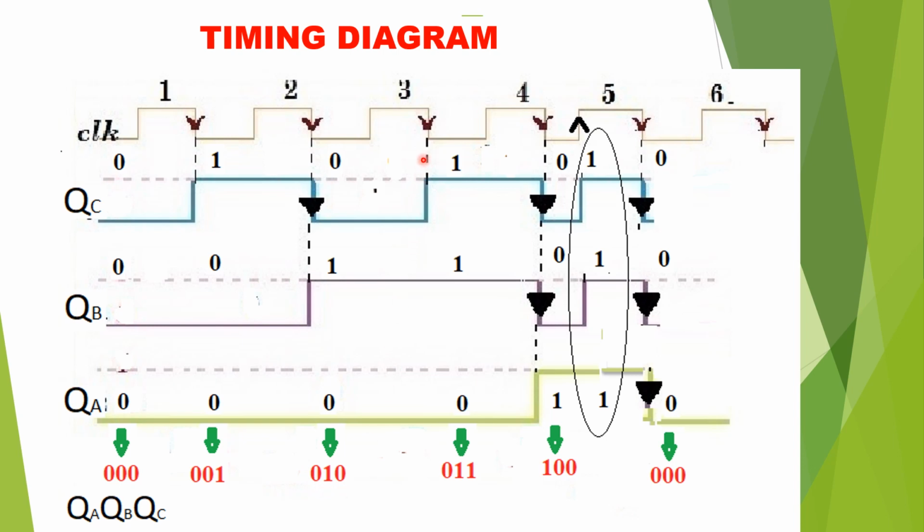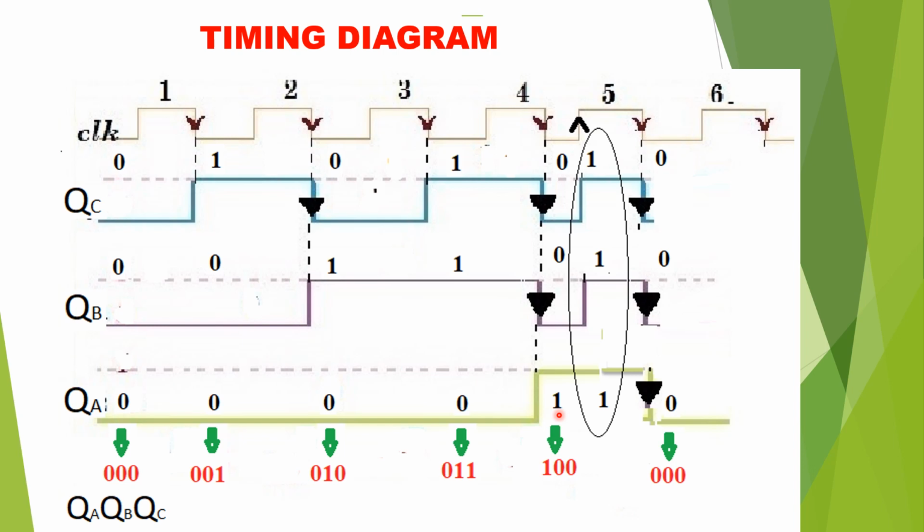When the third clock pulse comes, C flip-flop toggles to 1, but B flip-flop remains unchanged because it's a positive edge and A flip-flop is 0. So the count sequence becomes 0, 1, 1. When the fourth clock pulse comes, C flip-flop toggles to 0, that is acts as a negative edge, and B flip-flop toggles from 1 to 0, that is a negative edge, and so A flip-flop toggles to 1. Now our count sequence becomes 1, 0, 0.